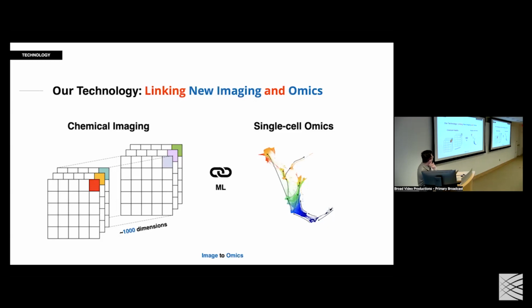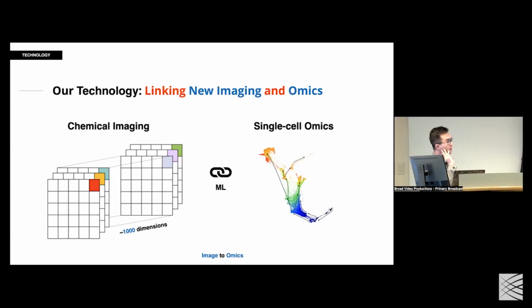But here today, Charles will talk in a little more detail about how we think about imaging methods beyond just traditional fluorescent or bright field imaging. That's why we were thinking about how to link new imaging modalities with all kinds of omics data. Specifically, the imaging method that we are interested in is called chemical imaging. It's a very high dimensional measurement, which is not quite popular in biology yet, but it measures super high resolution and high dimensional information per pixel. This one, for example, can give us up to 1,000 dimensions per pixel.